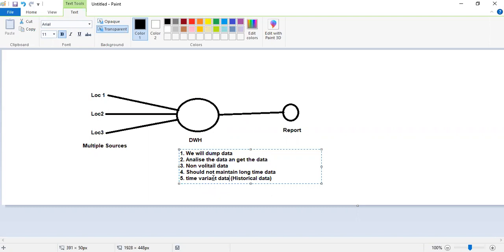Ramya madam and Dhanraj sir. సార్ టైం వేరియంట్ ఏంటంటే ఒకసారి